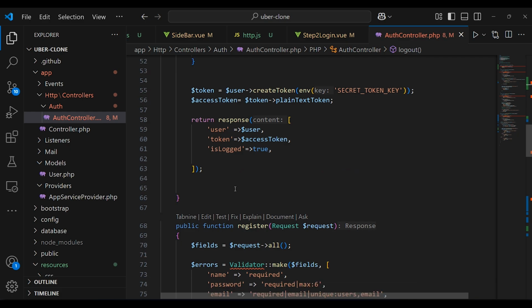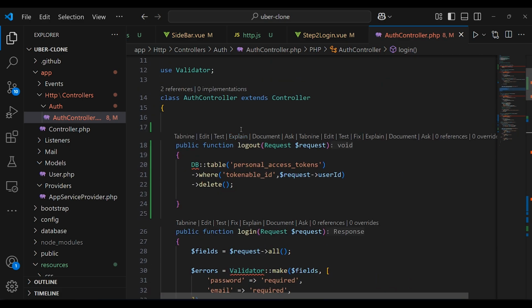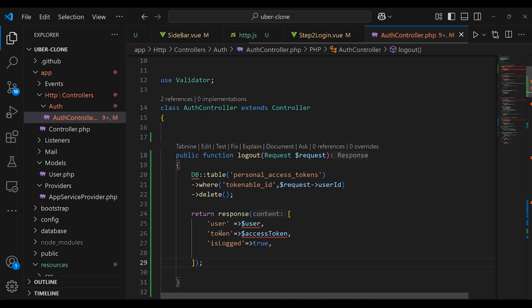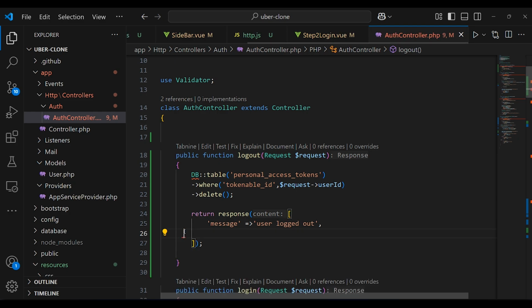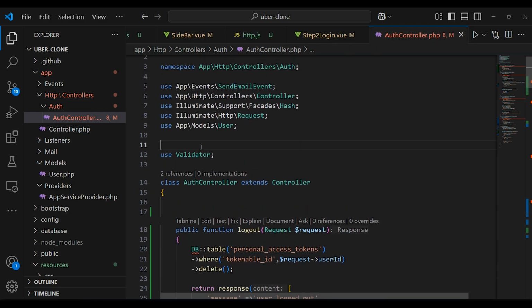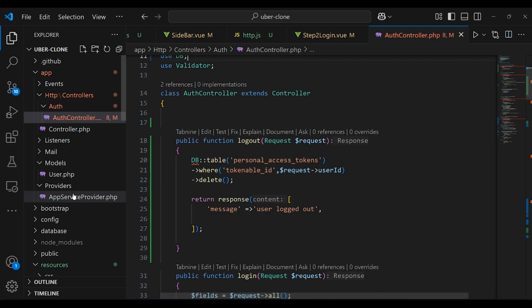I'm going to copy this, and then we're going to return it to the front end. We're going to pass here a message, and then we're going to say user logged out, like this, and then I'm going to remove our keys. And also we are going to import the DB class, use DB,